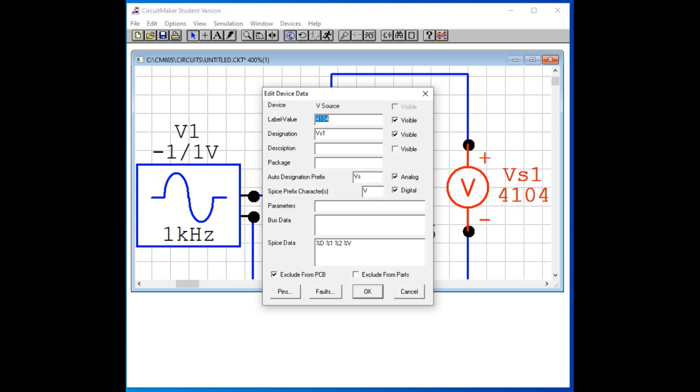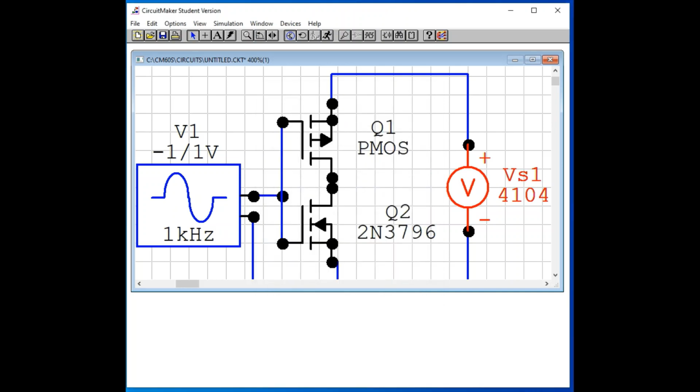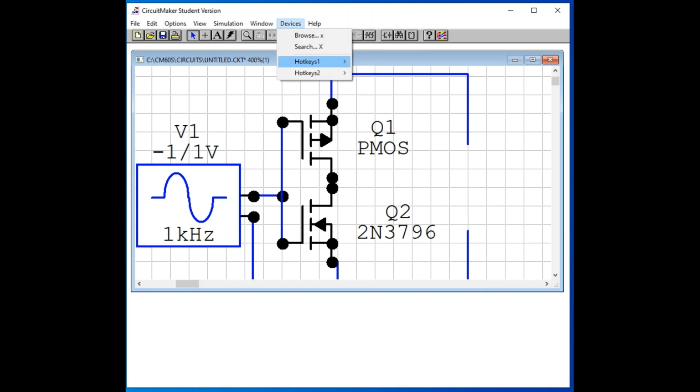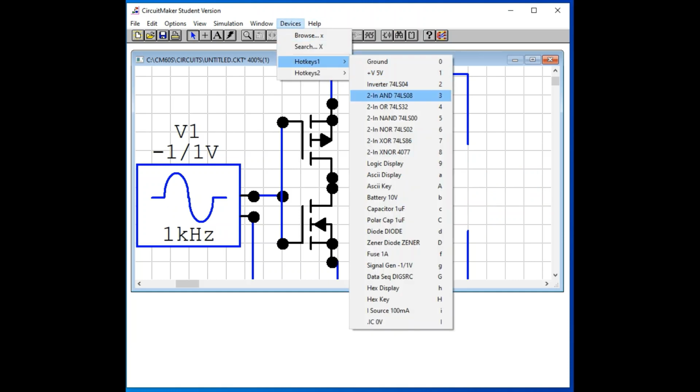What we can do, we can use maybe a simpler form, device 5 volt.